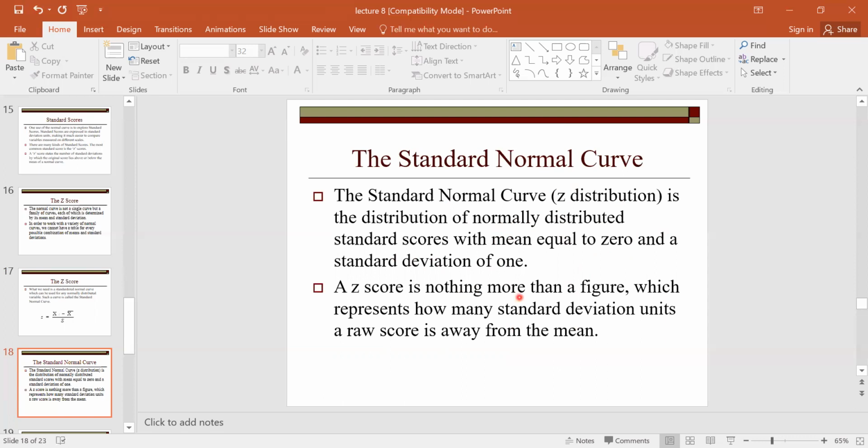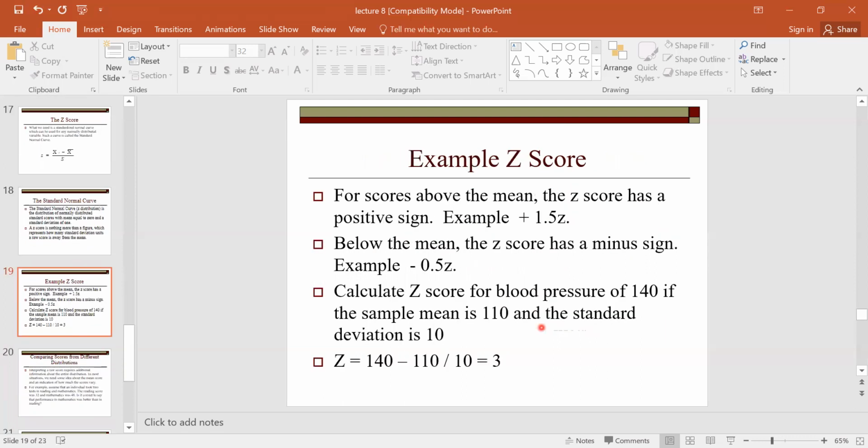So z-score is nothing more than a figure, a measure, which represents how many standard deviations away from the mean. We can calculate how much variation exists in the series, in the data, or how much it deviates from the central value or the middle value. So for a score above the mean, we get the positive sign, and for a score below the mean, we get